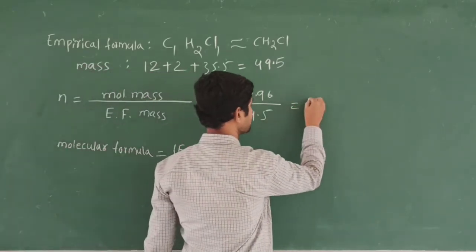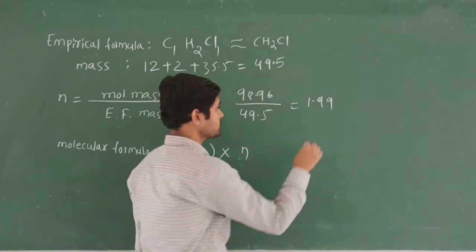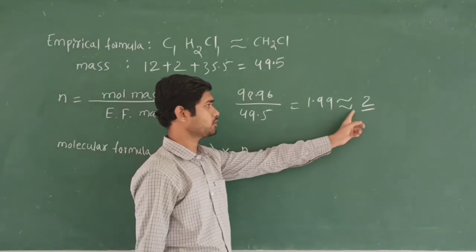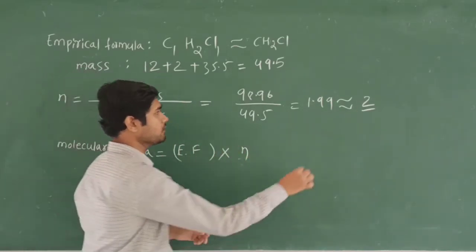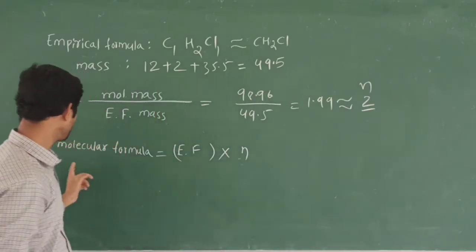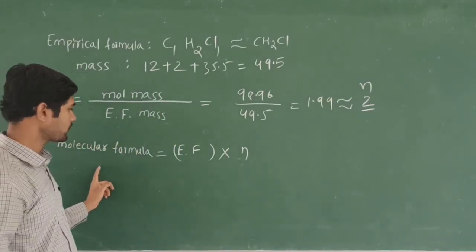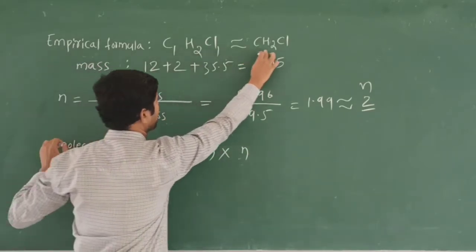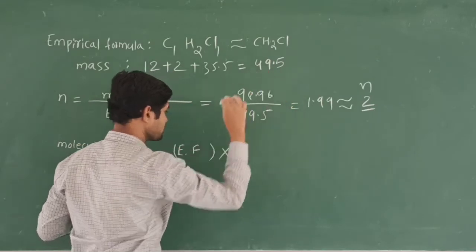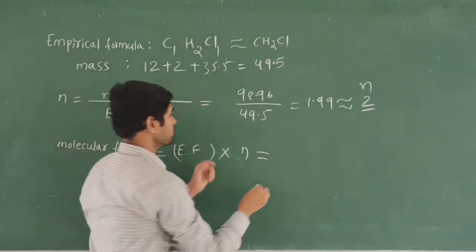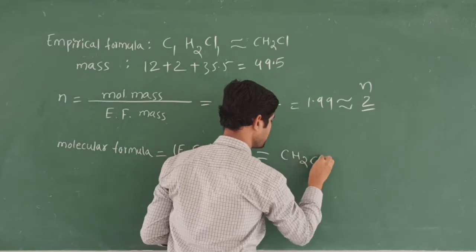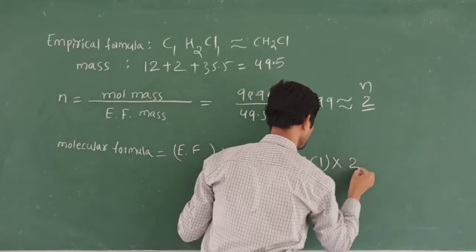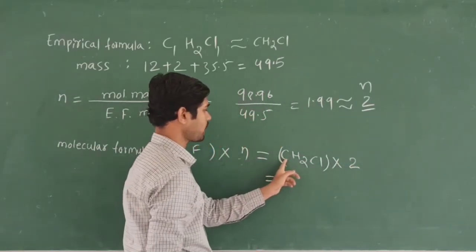After this calculation you are going to get a value of 1.99, which is nearly equal to 2. Okay, right? This is the value of N. Then we should find the molecular formula. Molecular formula is equal to empirical formula times N. What is the empirical formula here? This is the empirical formula, CH2Cl, and this is the empirical formula mass. Then you should multiply it by N. What is the value of N? N is 2. So the final answer is 2 times carbon, 2 times